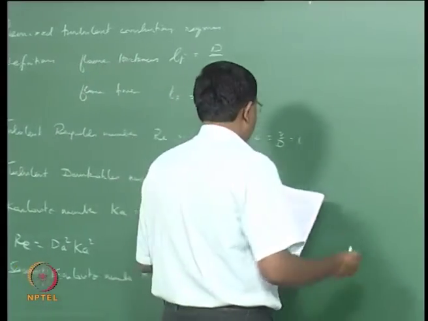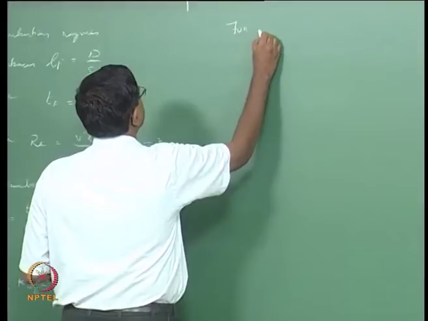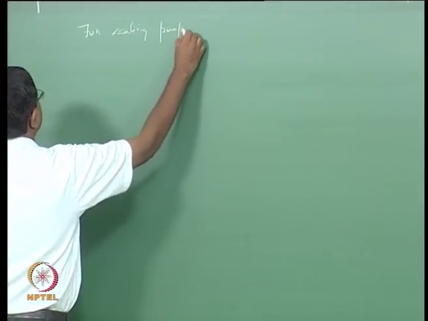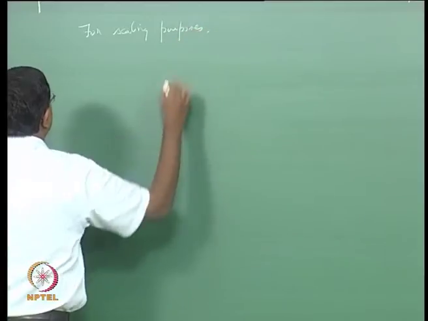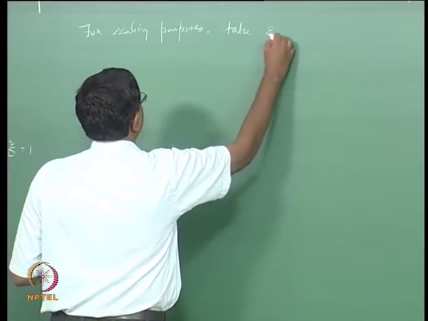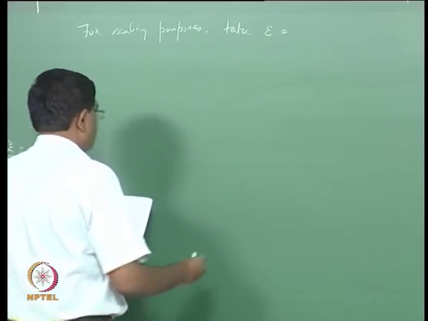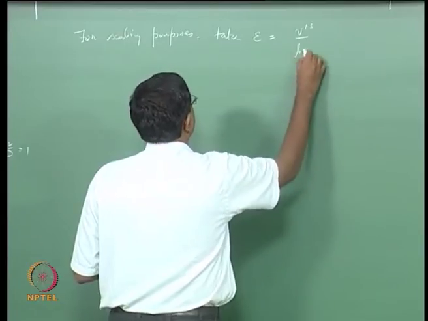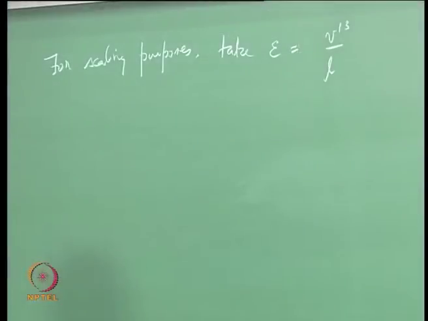So let us suppose that for scaling purposes we take the turbulent dissipation as V prime cubed divided by the integral length scale. We could only show typically that it is of the order of, but let's suppose that we take it as equal to, then